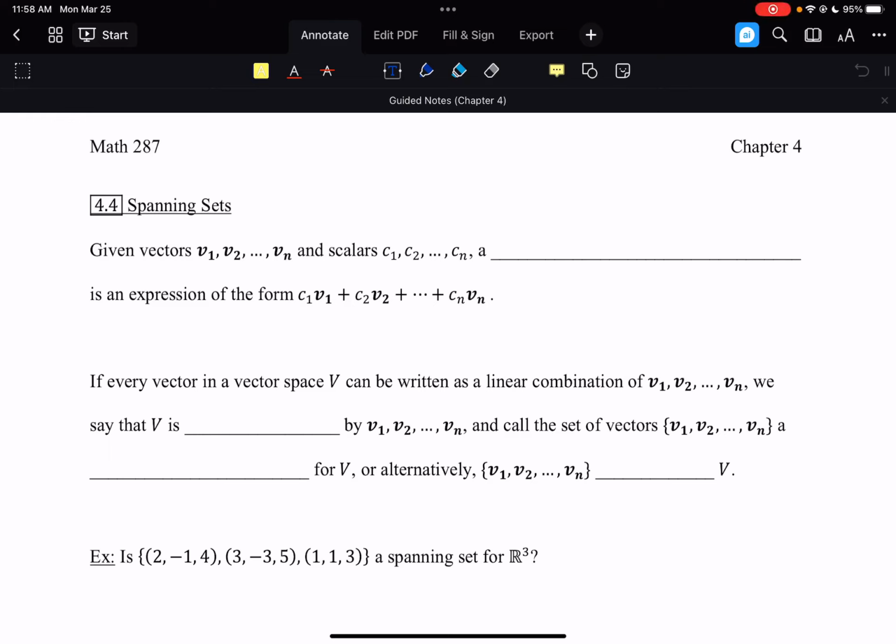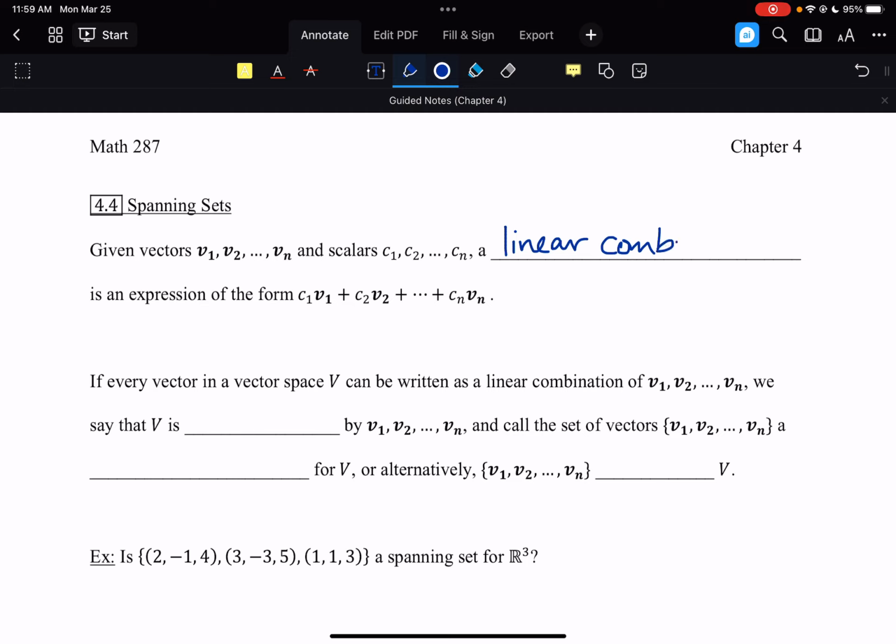Welcome to section 4.4. In this section, we're going to be talking about the concept of a spanning set and what it means for a set of vectors to span a vector space. So, to start us off, given vectors v1 through vn and scalars c1 through cn, we say that a linear